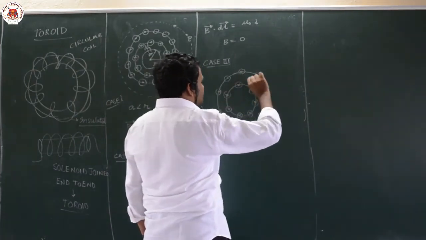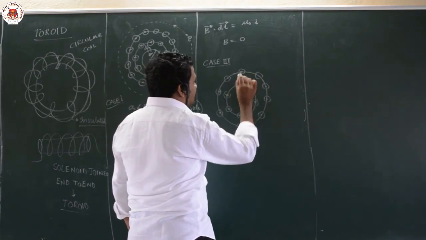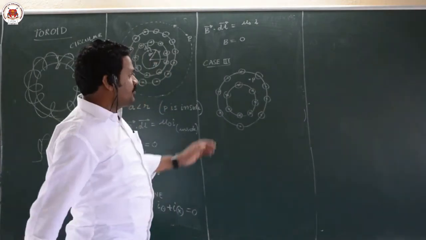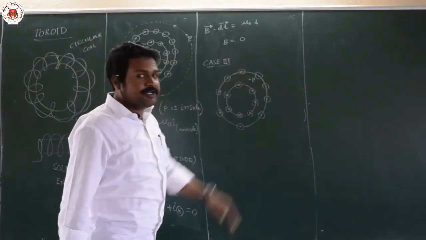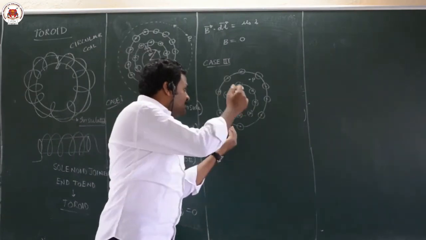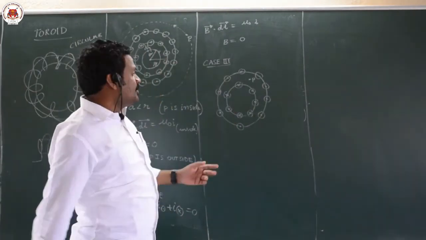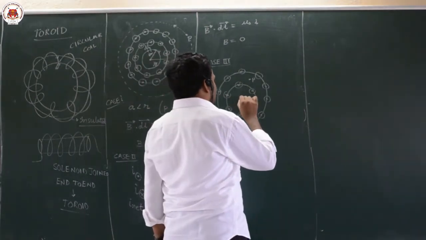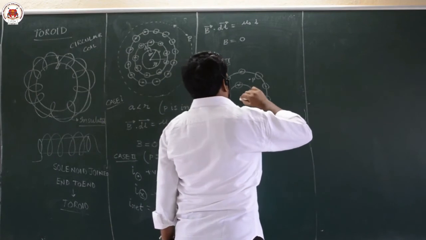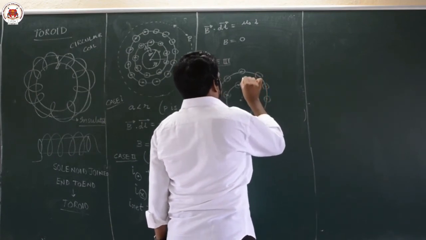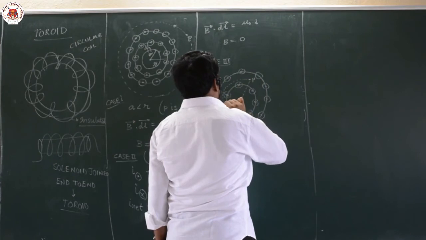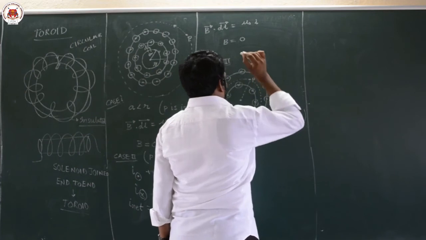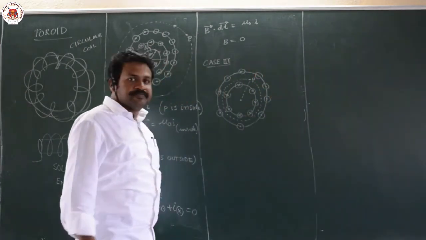Now you are inside this toroid, within the coils you are taking. Now this is the point P. The previous case, point P was outside. Before that it was inside the free space. Now we are within the coils. When you are within the coils, again you have to follow the same Amperian rule. So construct one Amperian loop like this.